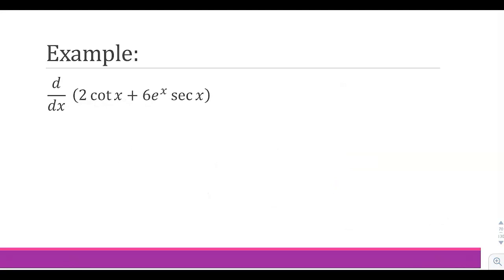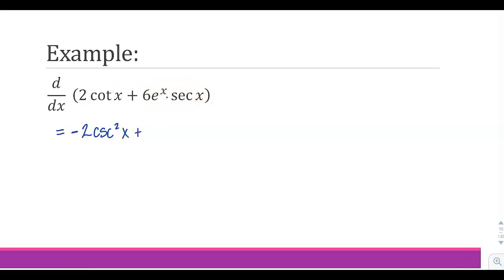Let's go ahead and do an example. I'll start to combine a couple of rules here. Find the derivative of 2 cotangent x plus 6e to the x times secant x. I'm going to take the derivative of each one separately since they're added together. So the derivative of 2 cotangent x: the derivative of cotangent was negative cosecant squared, so I'm going to keep the negative in the front. So negative 2 cosecant squared x, plus, now I can take the derivative of the second piece separately, but this